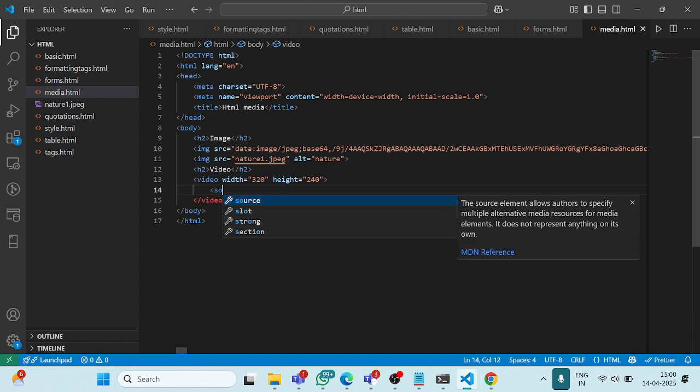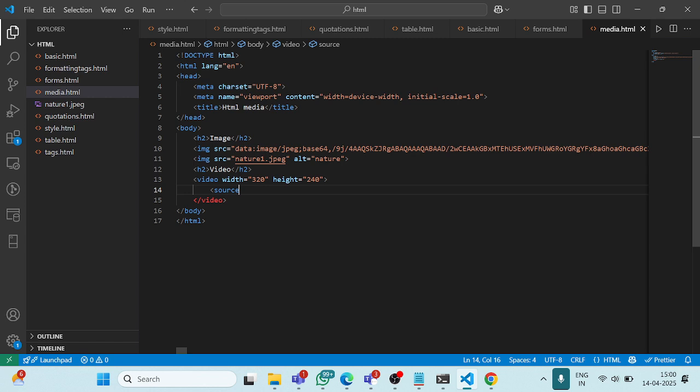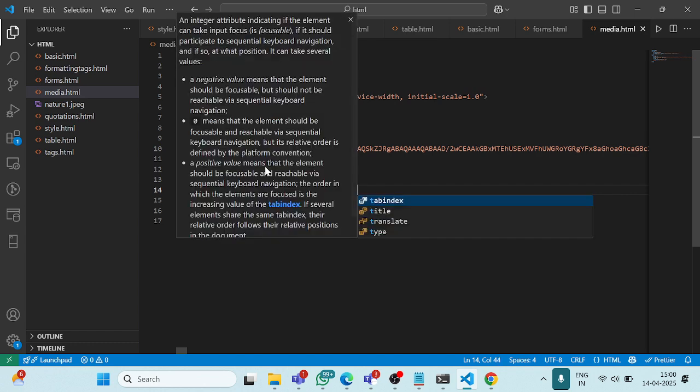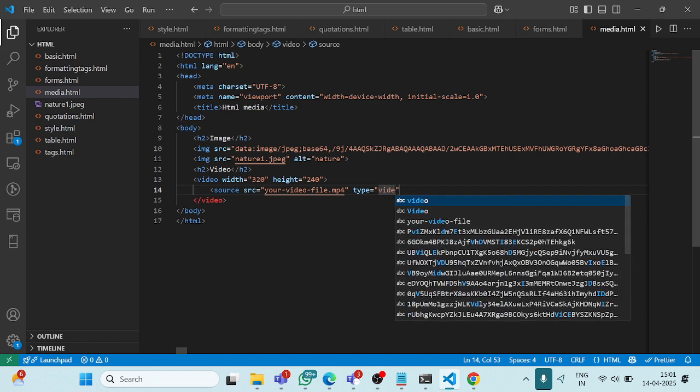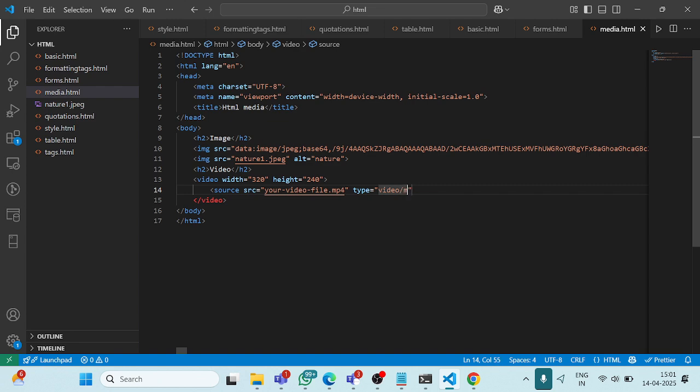controls, I'm taking here the source link. I don't have any downloaded video here, so that's why I'm giving it statically using a src attribute. So I'm giving your video. It will be saved with .mp4 only. Okay, and the type, I'm taking the type attribute, that will be video. Okay, video by mp4. Okay,